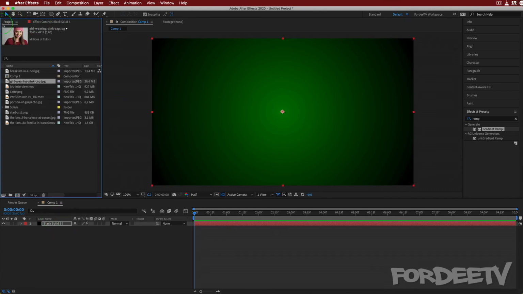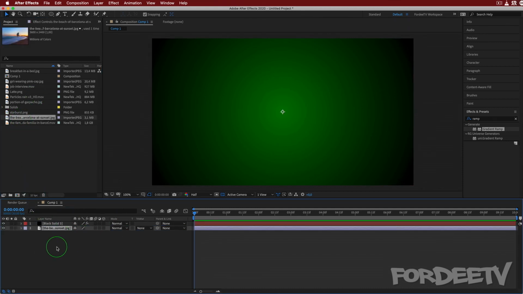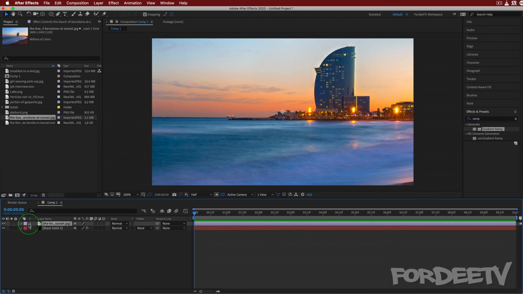Next, we'll come over here. We'll click on the project pane. And now if we come over here to the beach scene, we'll click and we'll drag this. If we just drop it down here, it will put it below the black solid. Of course, we could have dropped it right above where we see this blue line and let go. Now it's on top of that black solid or our background layer. We can come over here to black solid, press enter, type BG for background, press enter, and now we know that's our background, right? We can't see it though, but that's okay